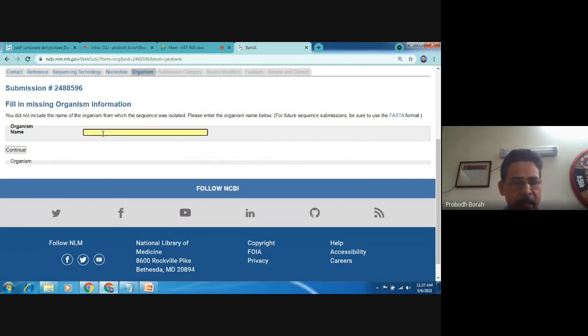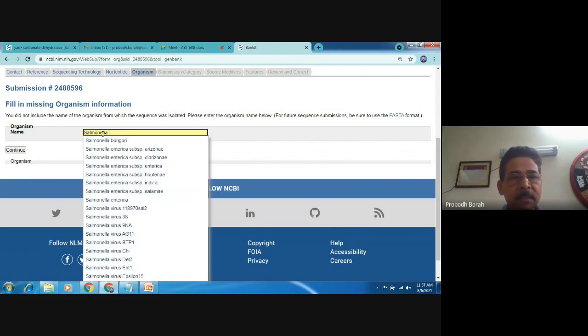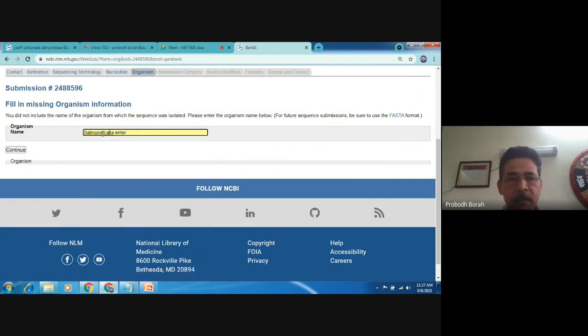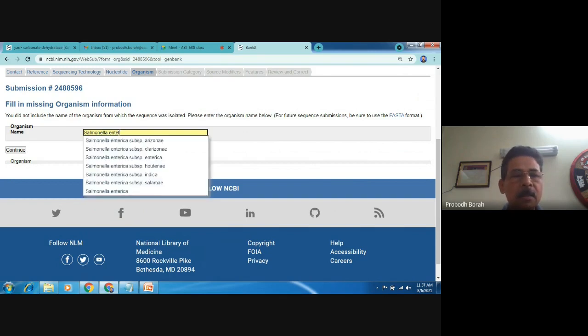Here we will write Salmonella enterica. You see, already it has given us some options to follow, but we will not go for that because we have to select the subspecies. Subspecies, subsp. enterica,